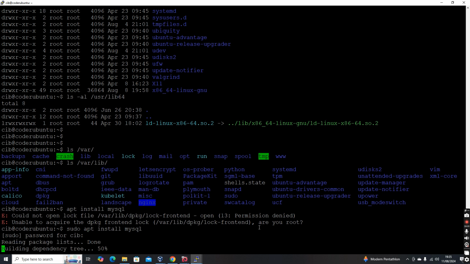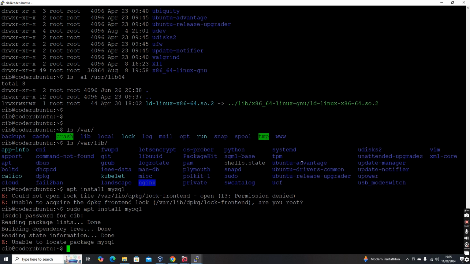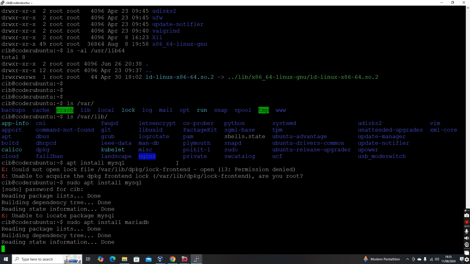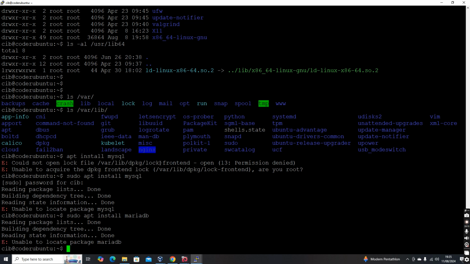The data directory will be created inside it. I need to add the repository, that's the reason it is saying unable to locate MariaDB. apt-get MariaDB is also not there.